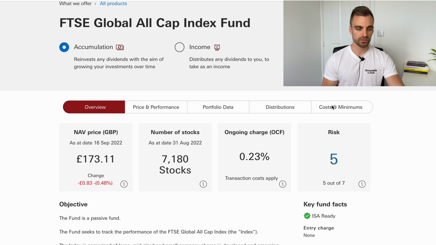Alternatively, if you want consistent dividends coming into your portfolio and you can then decide where to put them, the income variant is probably the better option. And whenever dividends come out, they will go into your account as cash for you to decide to do with whatever you want. If we scroll down a little bit, you can see that 1 unit of the fund is currently worth